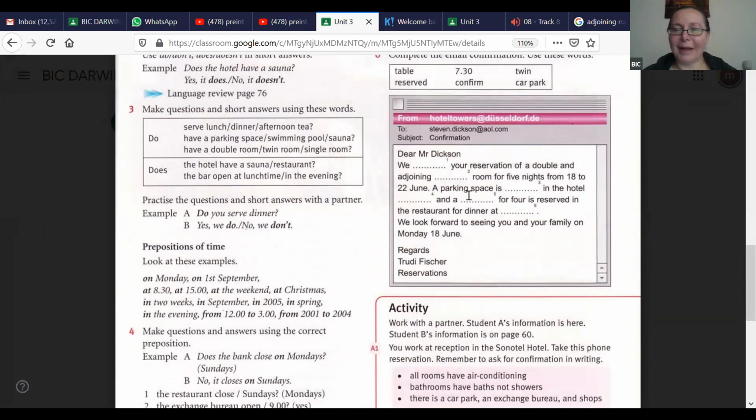A parking space is reserved in the hotel car park, and a table is reserved in the restaurant for dinner at 7:30. Perfect. Alexander, can you finish reading it?